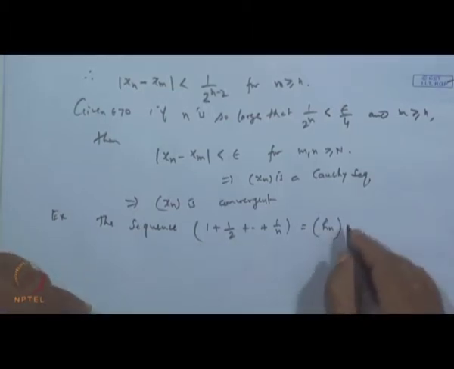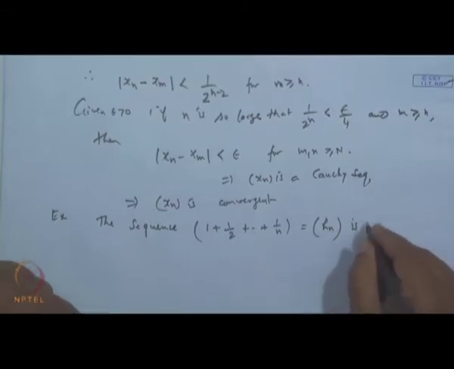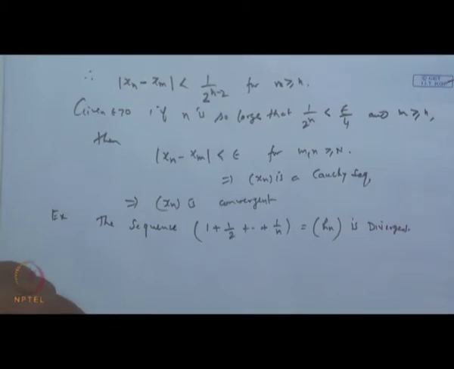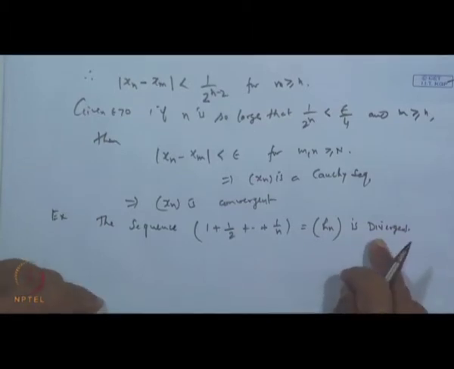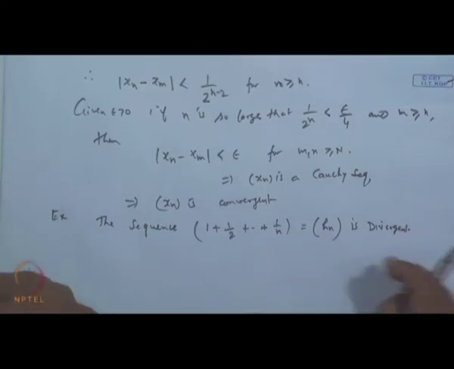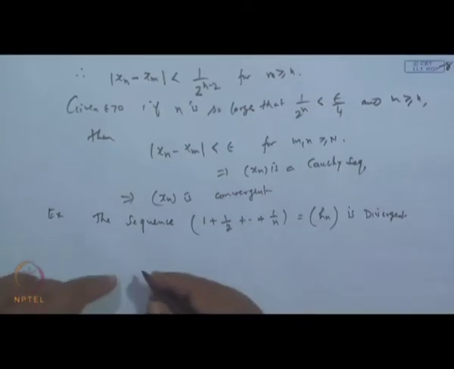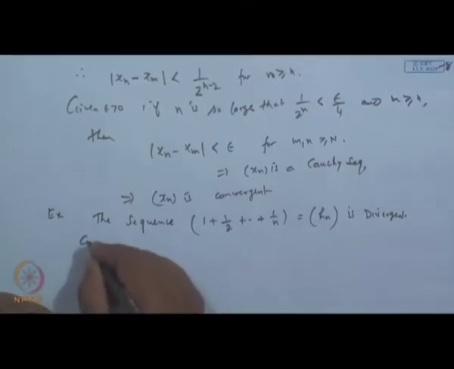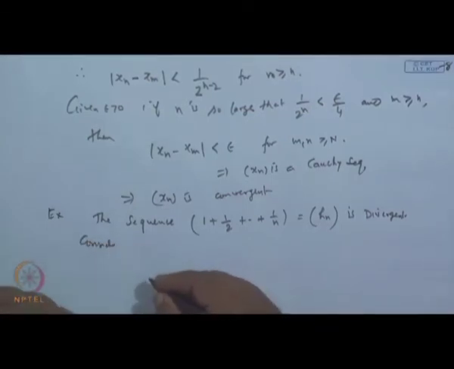Now, we claim that this sequence is diverging. So obviously, if it is not Cauchy, then it will be diverging, because every Cauchy sequence has to be convergent. So consider this thing now, consider h m